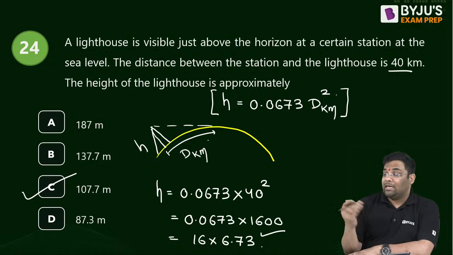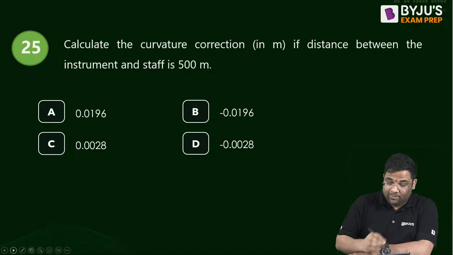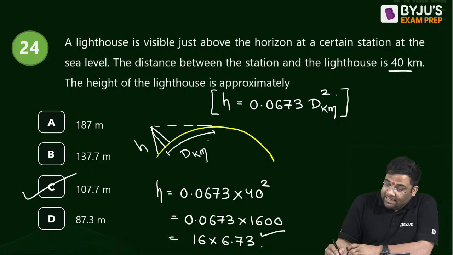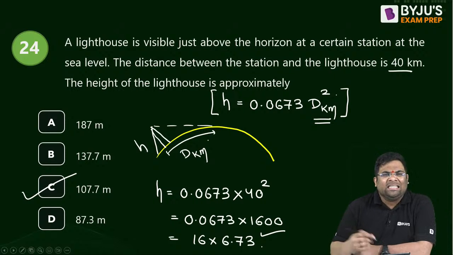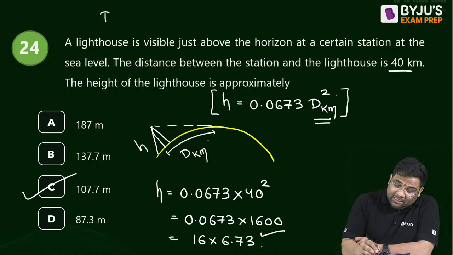Now from this question, another thing which aptitude is also telling, we can remember that, you see, here the d kilometer was given and h was asked. They can ask the reverse also. They can ask the d kilometer also. How to solve that? Very easy. Here I can say d kilometer square is equal to what? H by